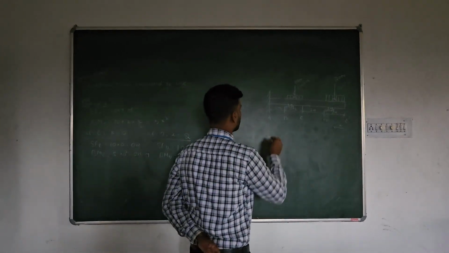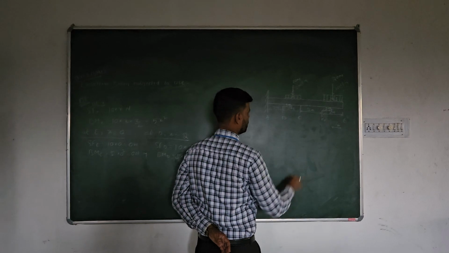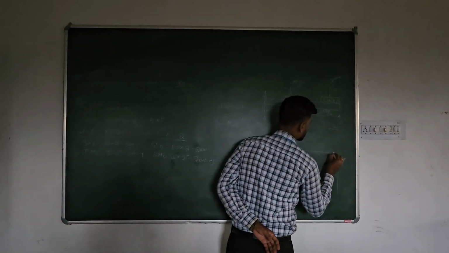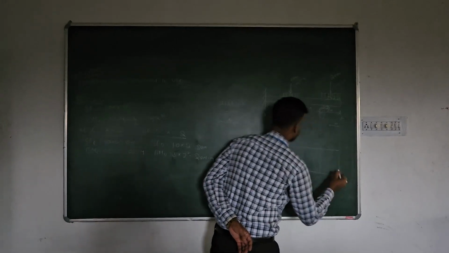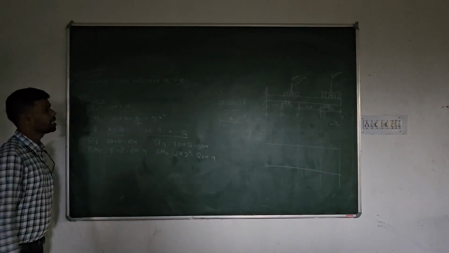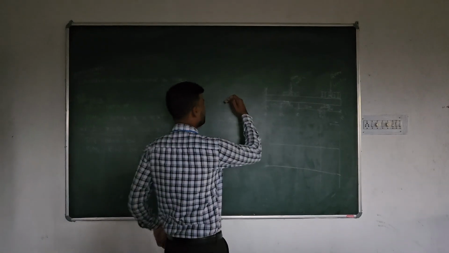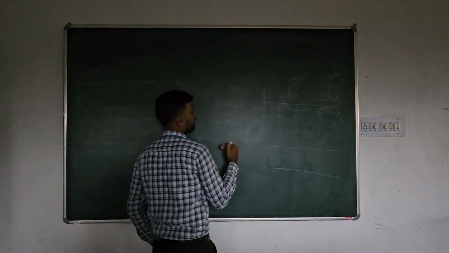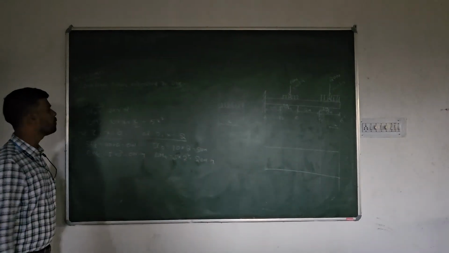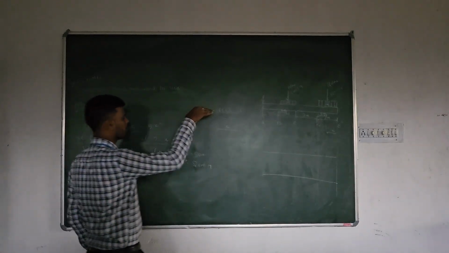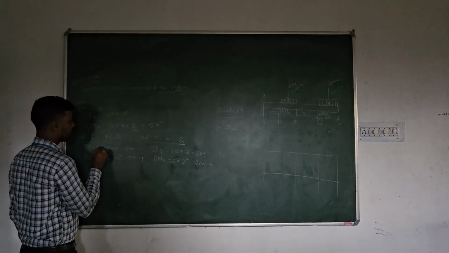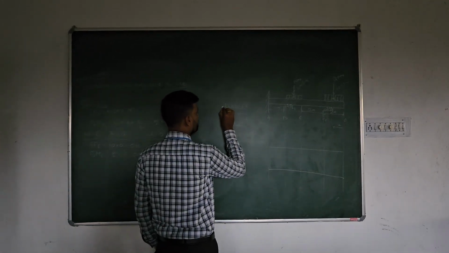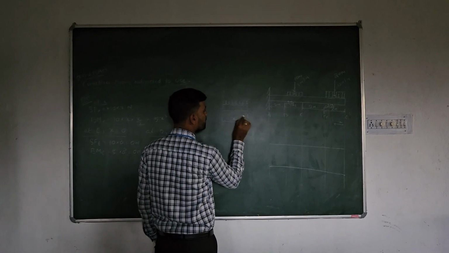So we will draw the shear force and bending moment diagram. Here is the shear force diagram, and this is the bending moment diagram. Before that, we have to take into consideration the sign convention. This is the right side of the beam, and because of this force, it is coming in the downward direction. Whenever the right side goes upward, that is negative, so as the right side is coming downward, this will be positive. So this is positive shear force, and whenever the force acts, the beam has a tendency to bend in this direction.